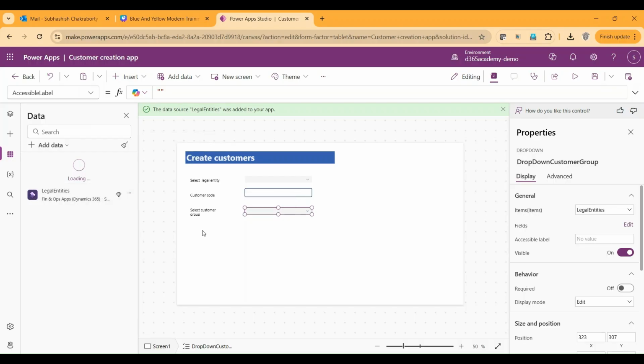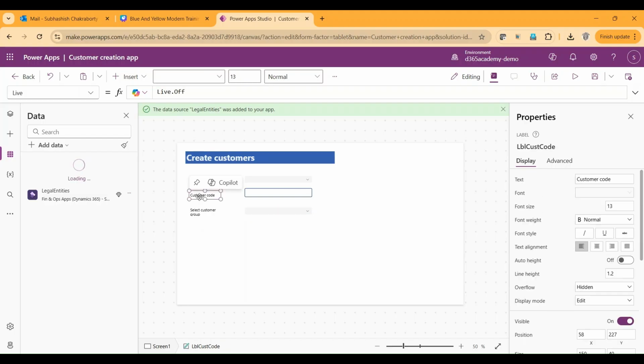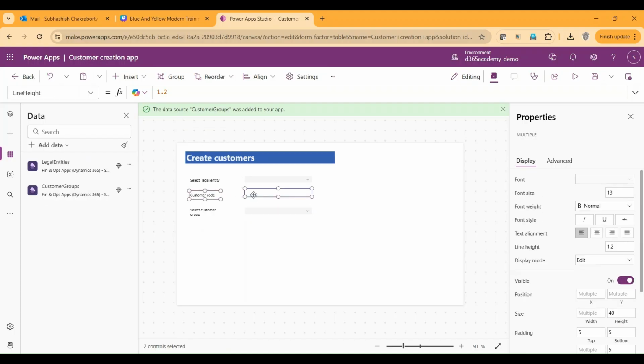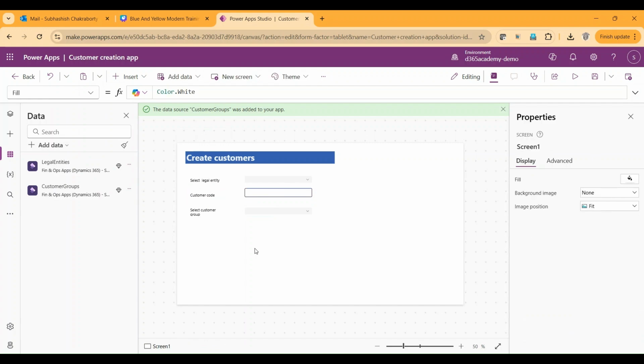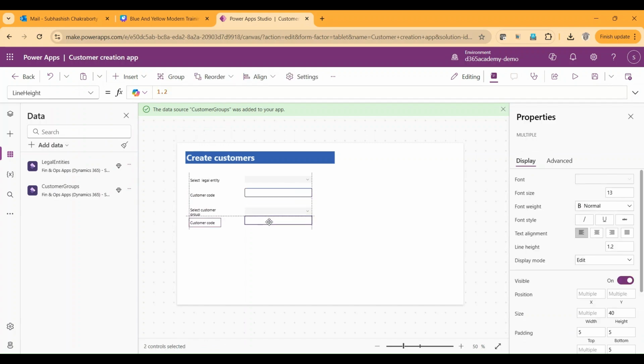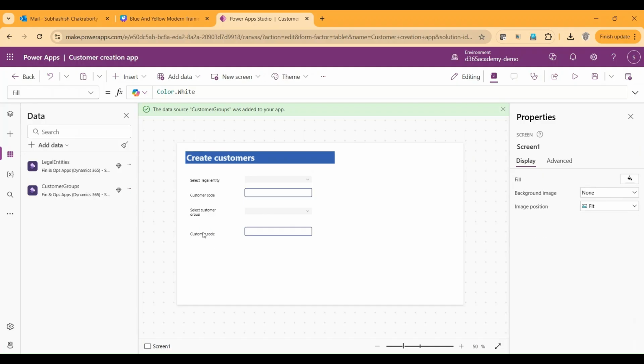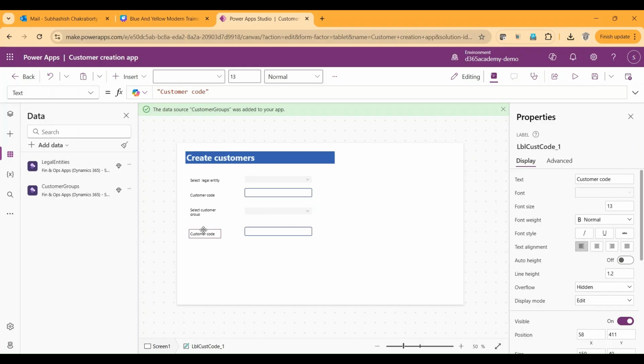So like that, we can keep on adding as many controls as we need to our form. For example, we can also add a customer name along with the customer code. So what I will do is copy these two and paste them once again here, and I'm going to shuffle their positions. Say, for example, I'm just going to take the top a little bit,